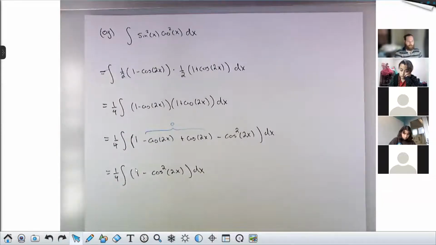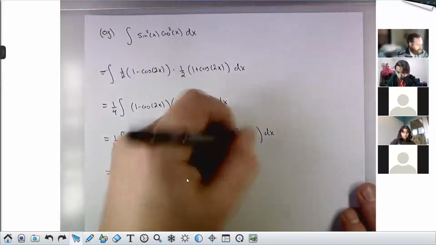The 1 isn't stressing me at all, right? Integral of 1 is easy. But the integral of cos squared of 2x, that is like a sine cosine integral where the powers are all even, right? This thing on its own is a bit of a challenge. And the trick is to take your half angle identity,